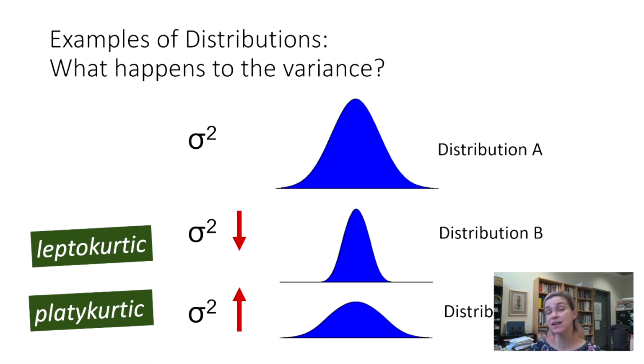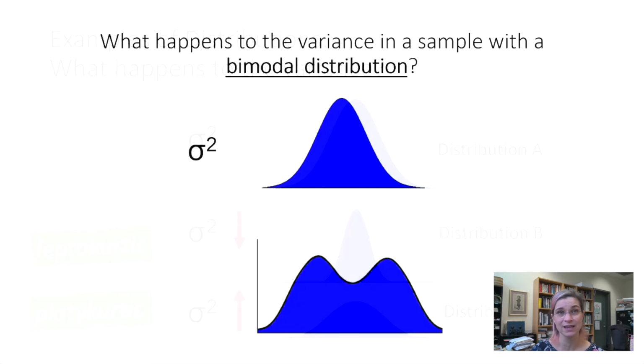And this is not always the case. It is not always like this. There are also distributions with two peaks. These are called bimodal distributions. So what do you think happens to the variance in a bimodal distribution? Is this greater or less than the variance in a unimodal distribution? So it increases, yeah. So what do you think might cause a population to have a bimodal distribution for a